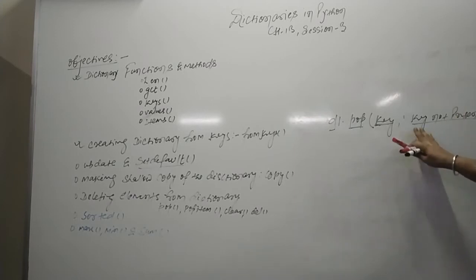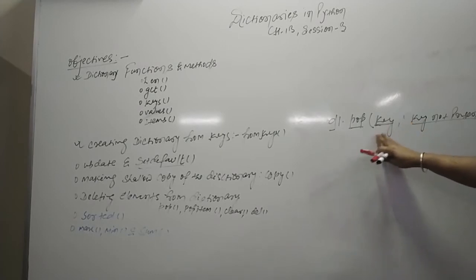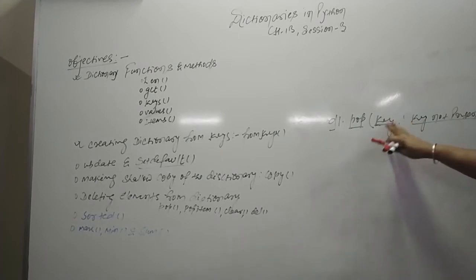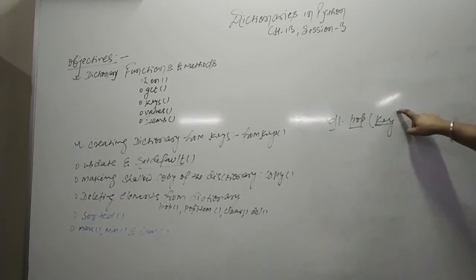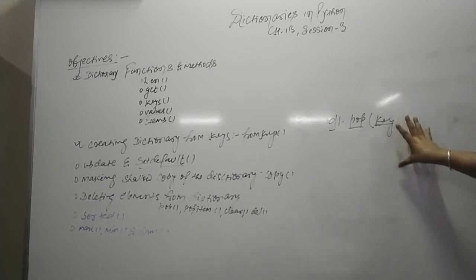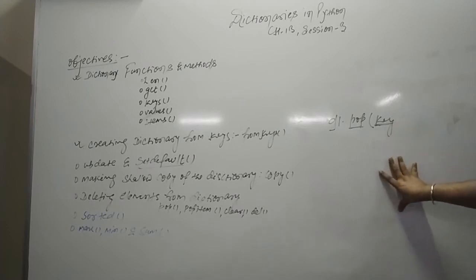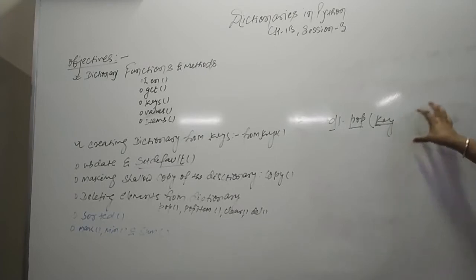Pop is a method which helps us to remove a particular key. Once a key has been removed, it will return the value that you had given in the second parameter. If you are not passing it, this way also you can use it, simply close the bracket. In this case also the key will be deleted if the key is present, otherwise there will be a system error. If you want a specific message after deletion of the key, then put a comma, then the value. That is how the key is removed.